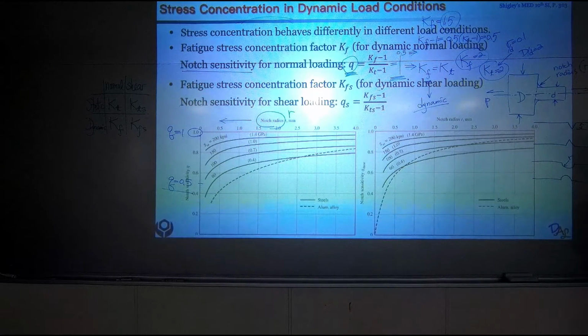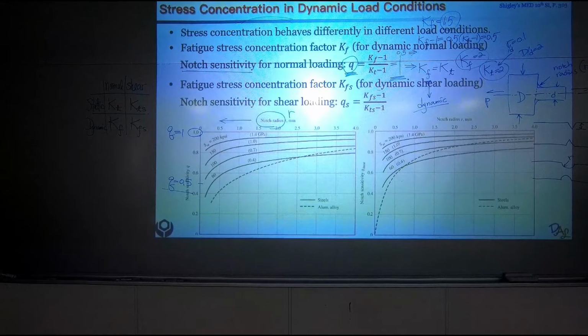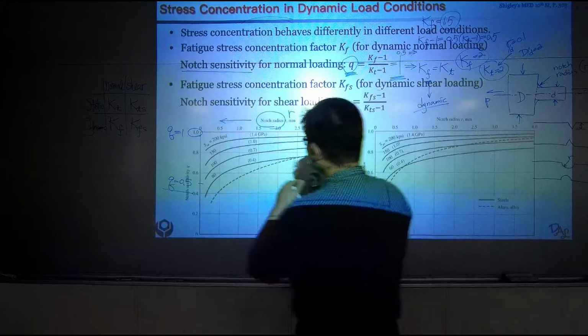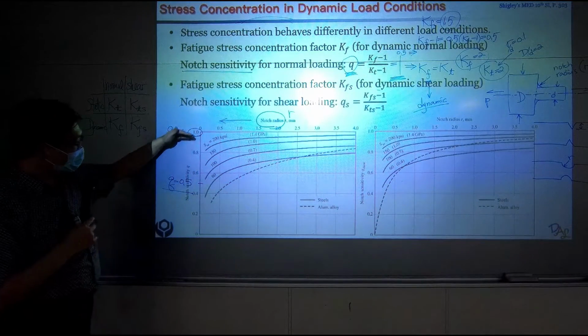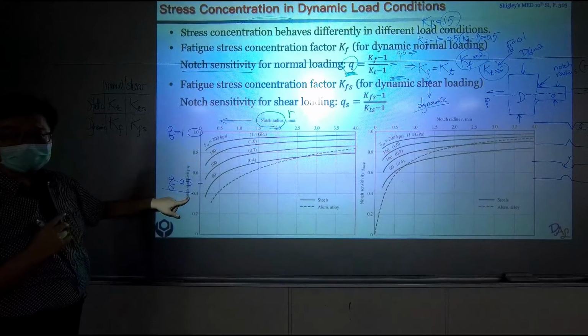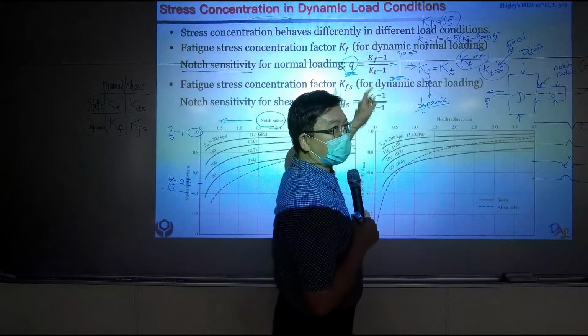If Kf equals 1, that means this is so small and the stress over here is the same as your reference stress. This means stress equals 1 times your reference stress. Okay, so a smaller notch actually gives lower Q. Lower Q gives lower Kf. But